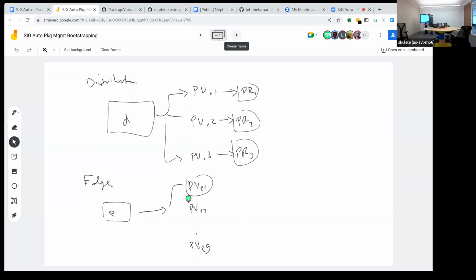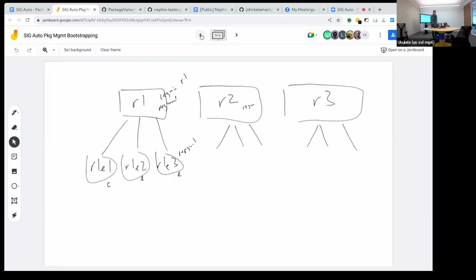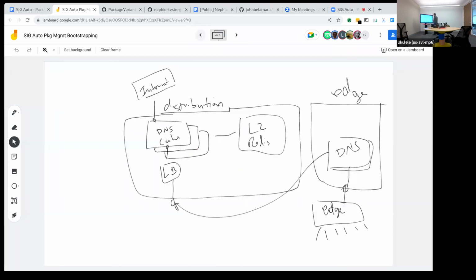But for each of those, we may need to have a difference. Here's where we start to get into some variance. Between each of the edge ones in a given region, there may be little or no difference in this particular case as well. But if you go back to our original drawing here, notice that this edge one talks to this load balancer here.